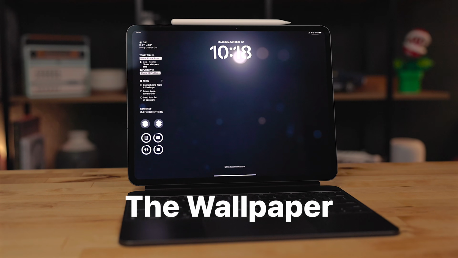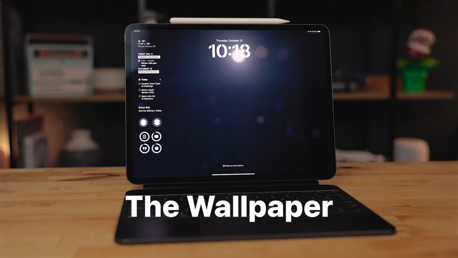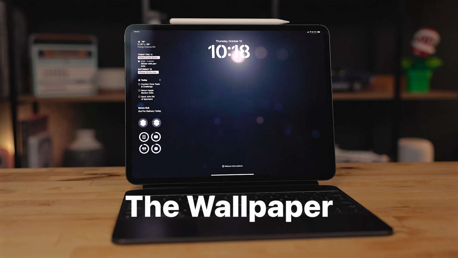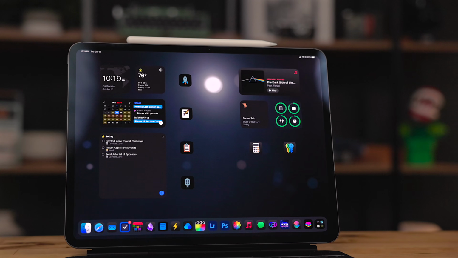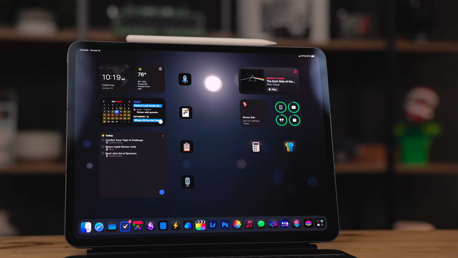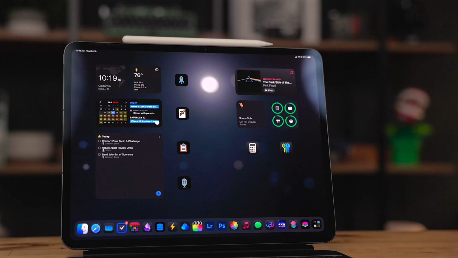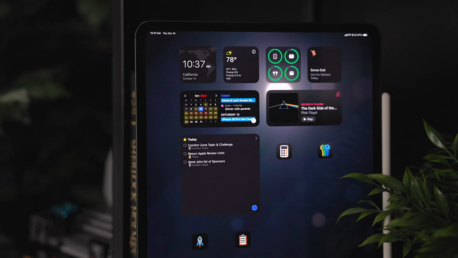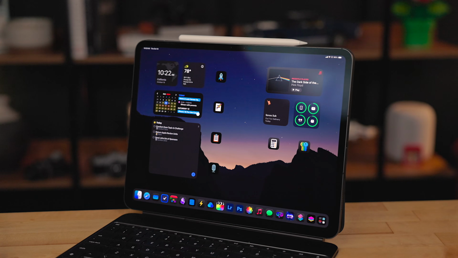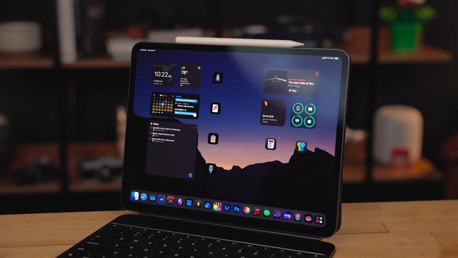The wallpaper I am currently using is one I created for a challenge on my new podcast, Comfort Zone. This is a long exposure shot of a starry night. It was a handheld shot, so it's not the sharpest image, so I went in and added some blur, and this makes for a really nice natural home screen background. I also have some wallpaper packs for other images I use for different focus modes as well.